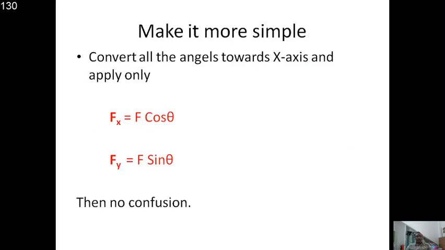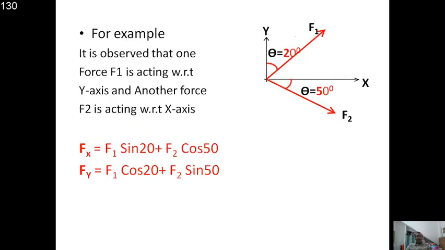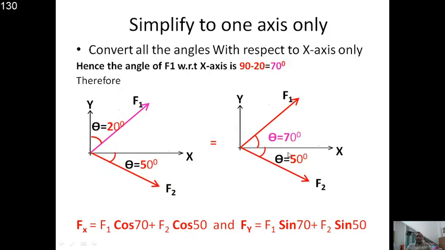And we also saw that by making the total angle relative to one of the axes, it gives simple values of F of x in terms of cosines only and F of y in terms of sines only. We will do problems on this method also in the next session, so that it is easy to understand the same problems.